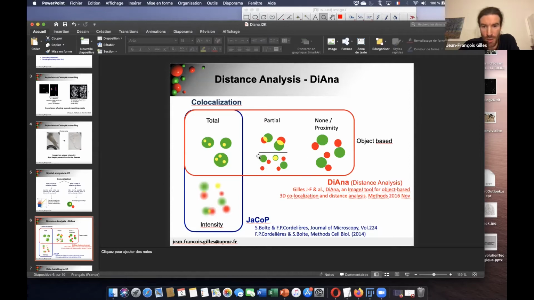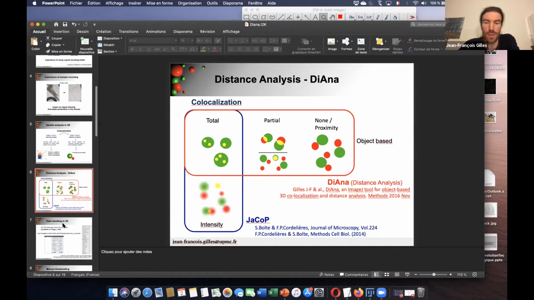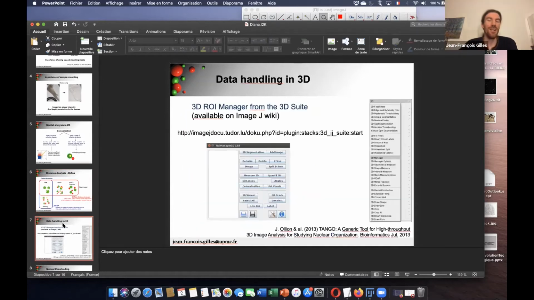In distance analysis, so with Diana, we can do this, partial overlaps and distances when they are not colocalized, and measure distances and many things. So yes, I'll speak about this.